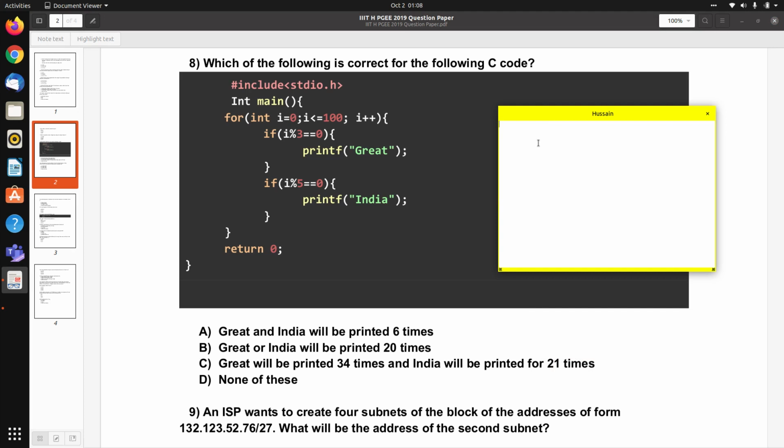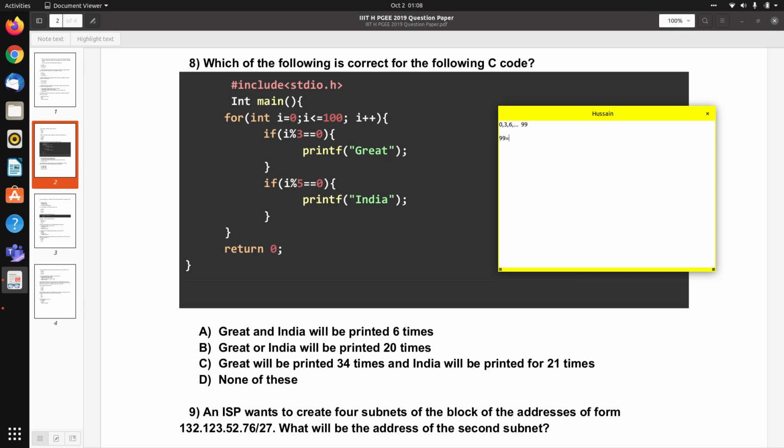We are given a C code and we need to find the output for it. The loop runs from 0 to 100, and if the loop variable is divisible by 3, we print Great, and if it is divisible by 5, we print India. We need to count how many times Great and India will be printed. Great will be printed at 0, 3, 6, 9, all the way up to 99.